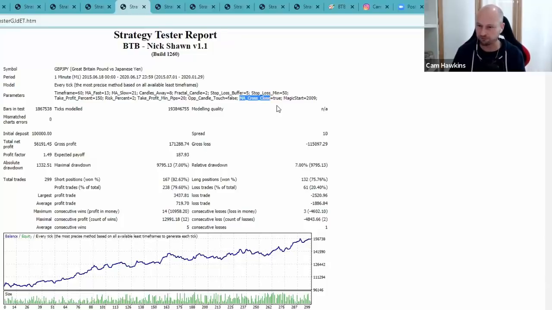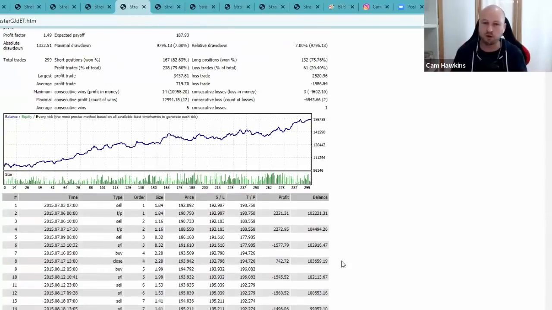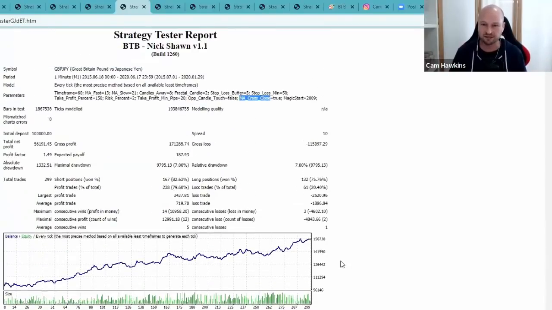So once it crossed the moving average, some of these trades, whereas the other ones are letting them run, this one here was taking the exits quicker than normal. But it had a better equity curve from looking at it, more of a consistency. So depending on the type of trader you are, this kind of system might be more for you because it trades a bit more frequently, and